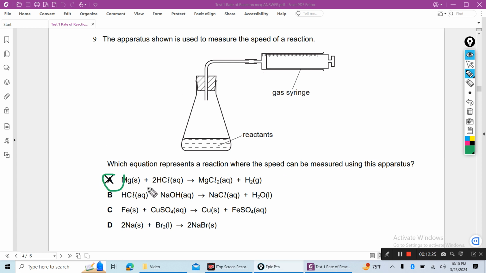A is the correct answer because when magnesium reacts with hydrochloric acid, magnesium chloride and hydrogen gas is produced, so you can measure the volume of hydrogen. A is the correct answer. B, reactant and product, no gas, so this apparatus is not suitable. C, solid, liquid, solid, aqueous means liquid, so no gas, this apparatus is not suitable. And D, sodium solid, bromine liquid, sodium bromide solid, this apparatus is not suitable. Now next,